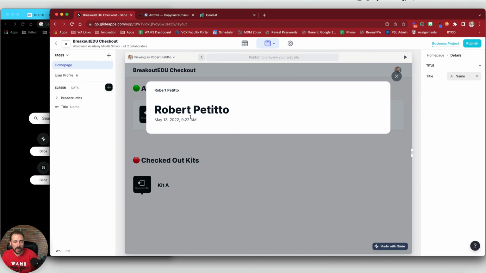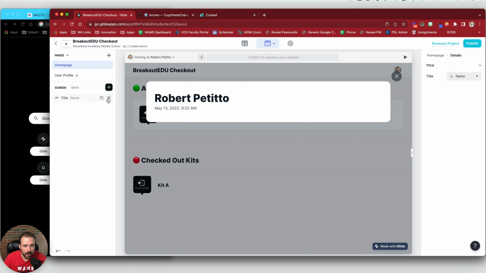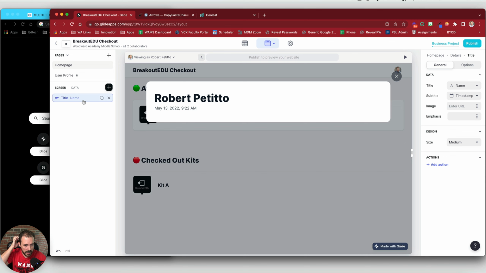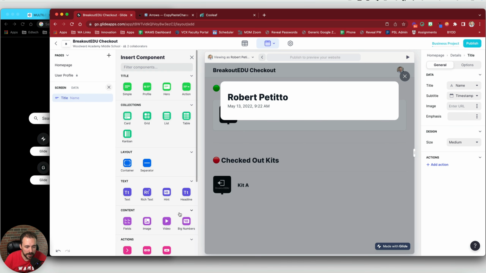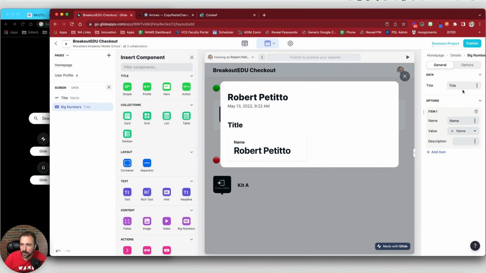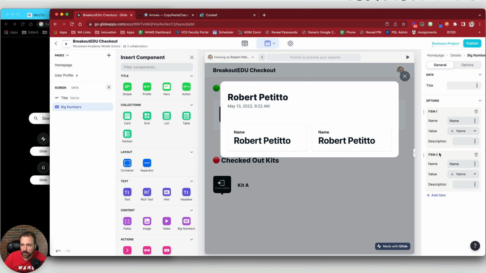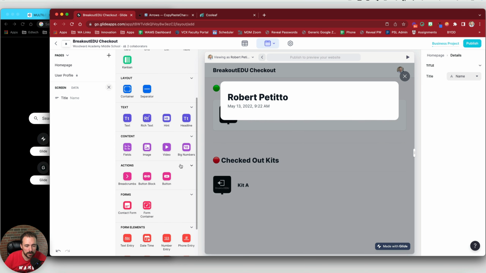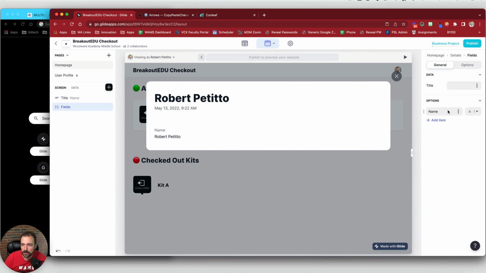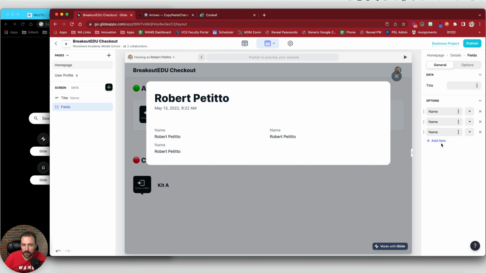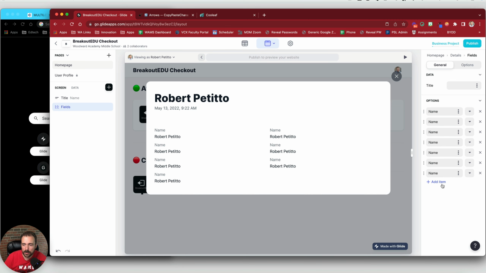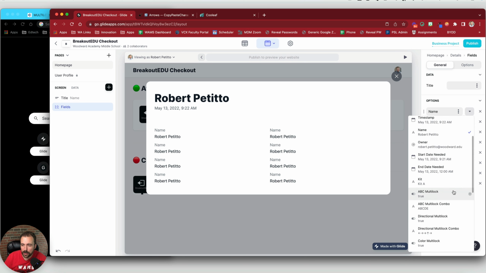Okay, so now we can fill out, we can show the different items. So we don't need to show breadcrumbs. So the title will be the name of the person is fine, the timestamp when they checked it out. Okay, so let's play around with some of these components. We'll do big numbers maybe for like checked in, checked out, or nah, that's too big. It can be boring. I'll just do fields. Like this, where we do the,